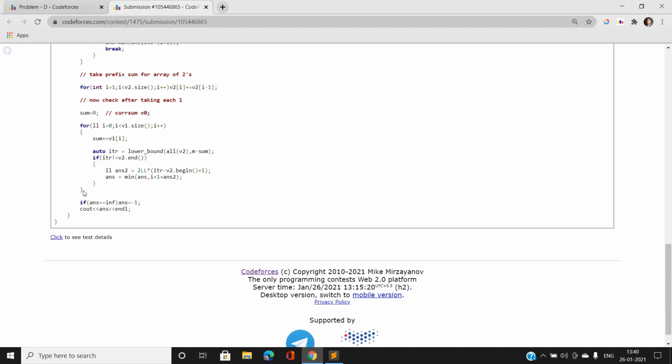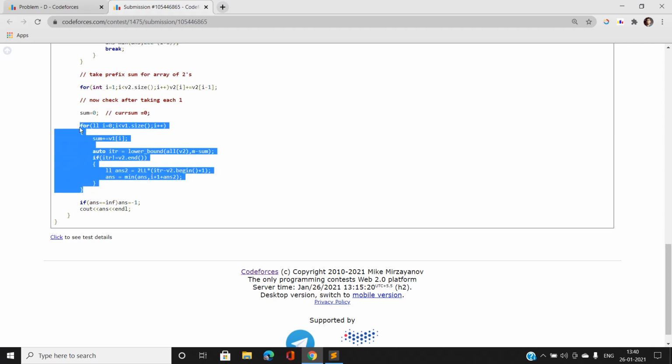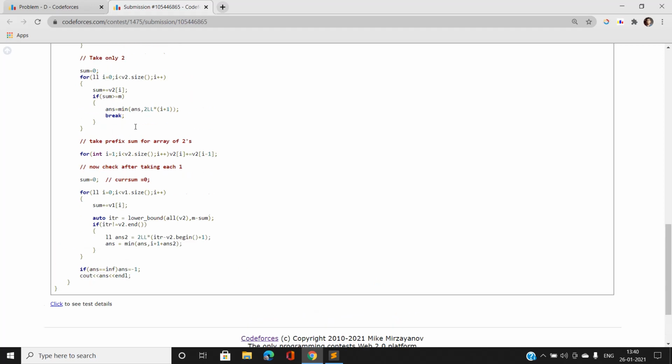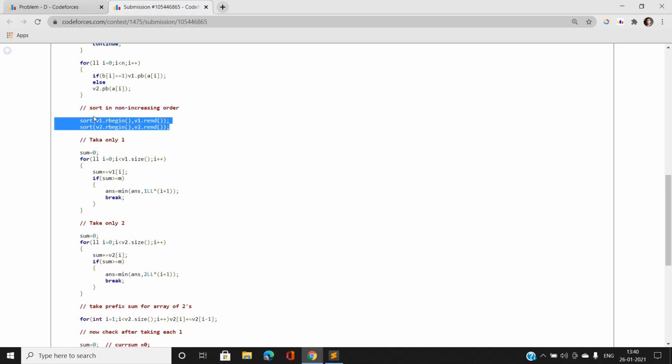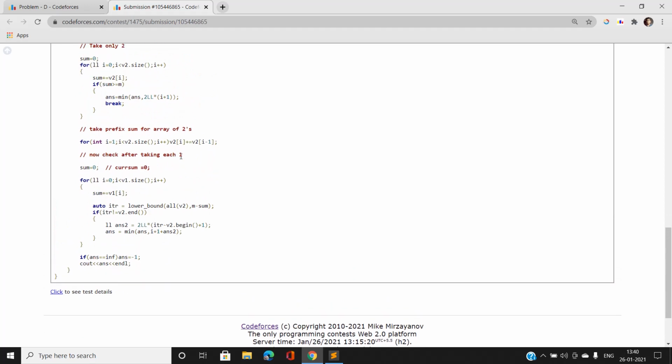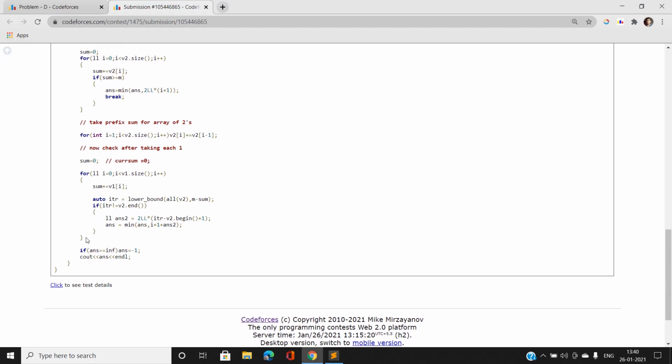So I am going to iterate for every v1 of i starting from 0, and take the sum. The loop is started from 0 because I have already sorted it in non-increasing order. So every time, starting from 0, it is going to take the maximum. I am doing this for 1's convenience point vector v1 because it is optimal to have the sum 1 in our answer, and we are going to free the maximum memory to get at least m value. So I am going to do this for every v1 of i.